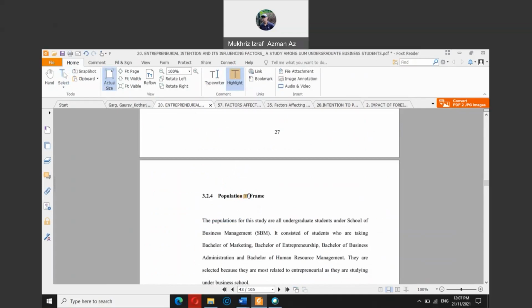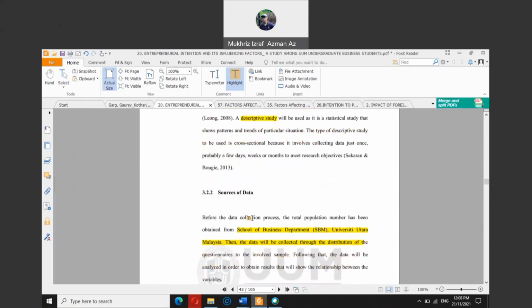So this is a typo, don't follow this, just population frame. If you compare with the other theses that I chosen to discuss for our lecture today, it should be similar. So basically some of the elements that we have discussed previously